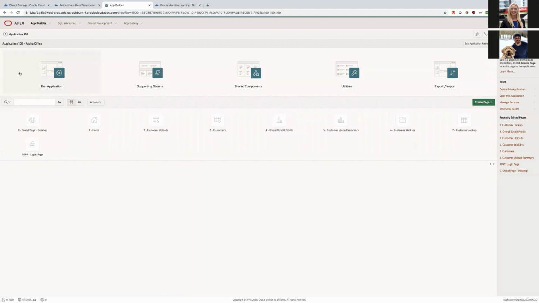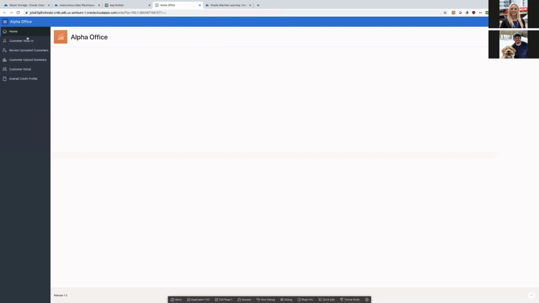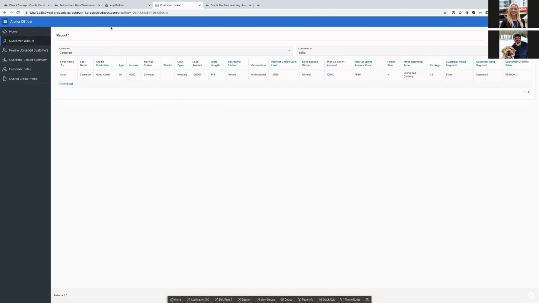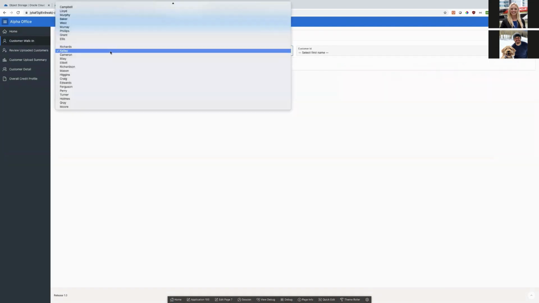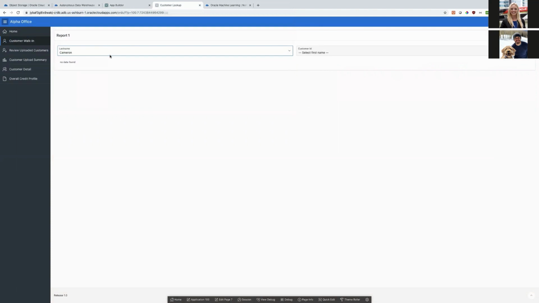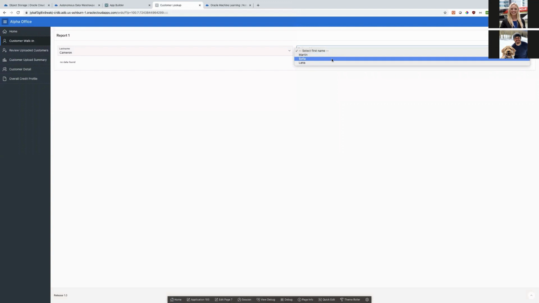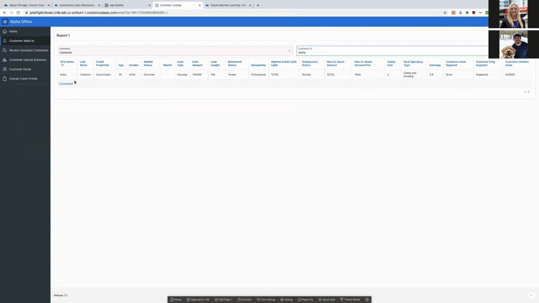You can see here that we have a bunch of different options, and all your different pages that are available in this application. But for right now, I'm just going to hit Run Application. Our home screen is just blank for right now, but if we go to Customer Walk-in, you can see that we can search for different customers. So for example, I'll go to this Cameron for the last name, and then we'll go to Sophia. And it's going to give us all the information there,